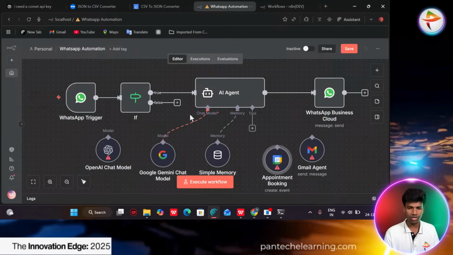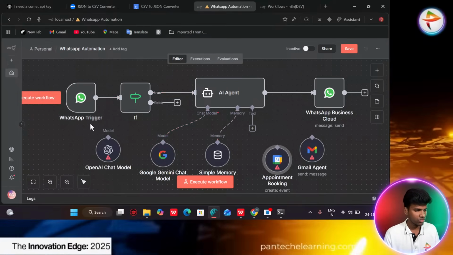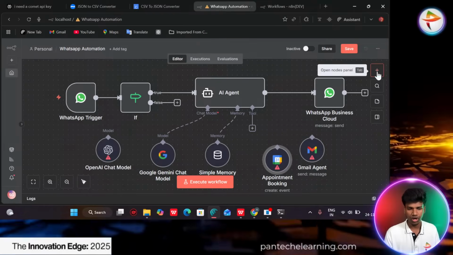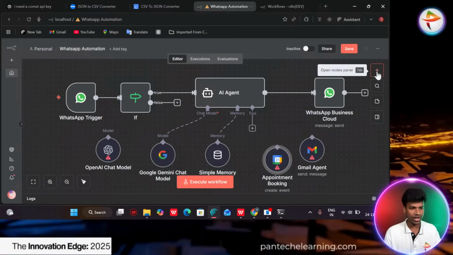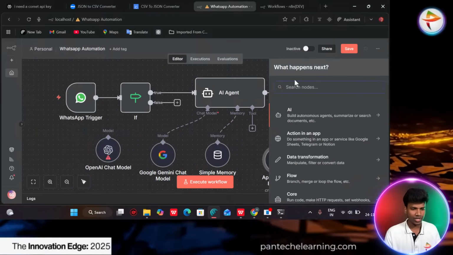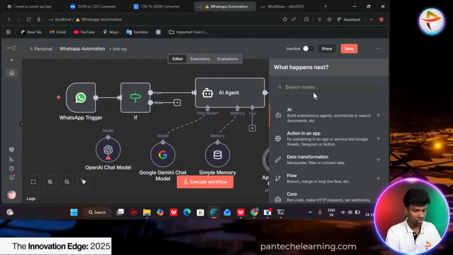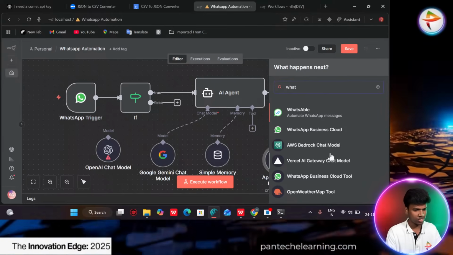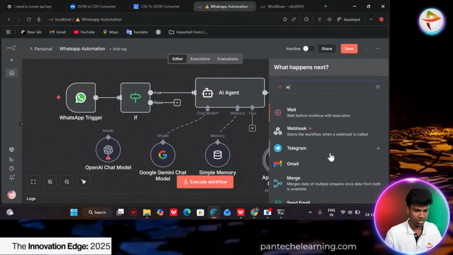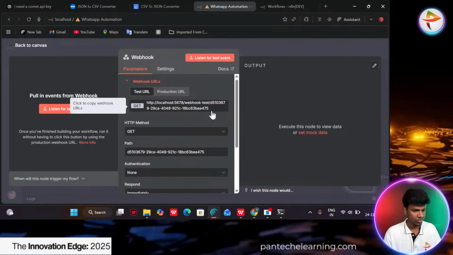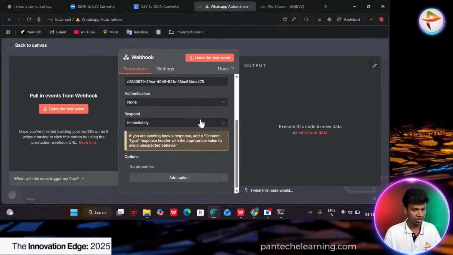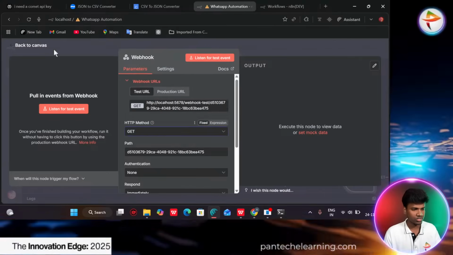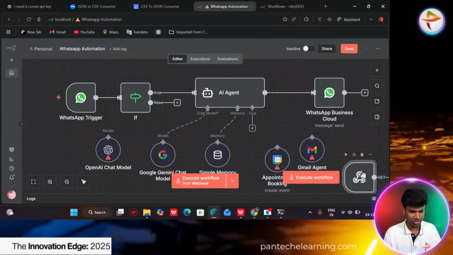What will we discuss now? First we can start with this WhatsApp trigger. Everything you know: go to the node panel, click the plus symbol, the same n8n tool, and go with the WhatsApp trigger. I think it's a webhook. Yes, we have to click the webhook. Here we can pass the things we have to connect. I will tell you later, so now it's not needed.